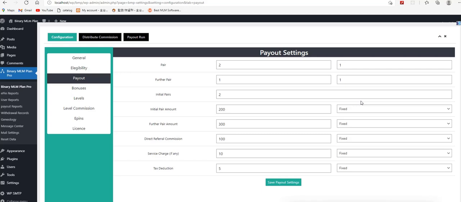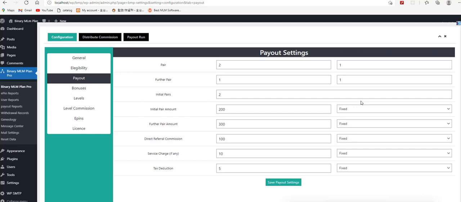Now I am giving the further pair amount. Whatever pairs come after the two pairs, the amount for those pairs will be 300. So this is how we calculate the pair commission. Another commission here is the direct referral commission.